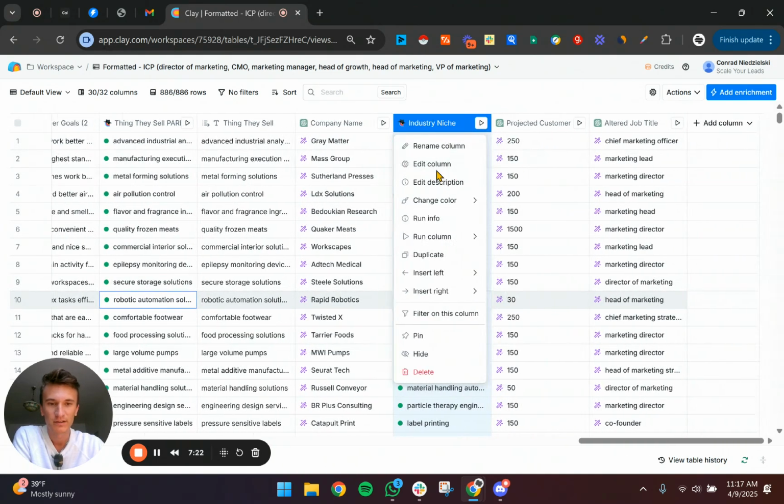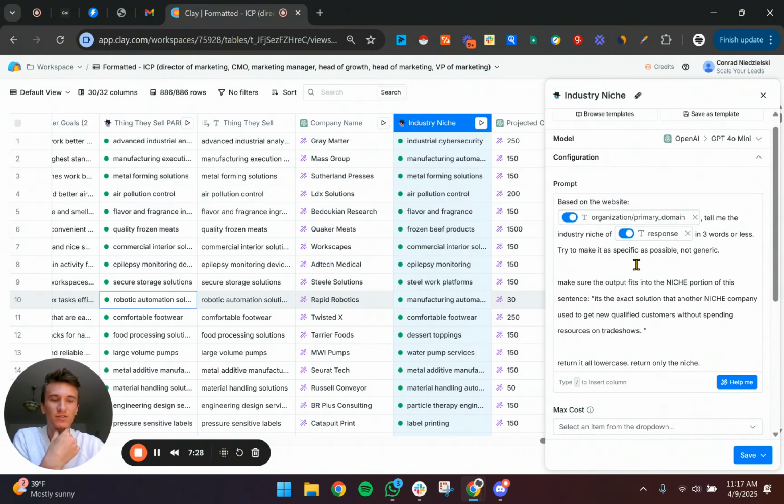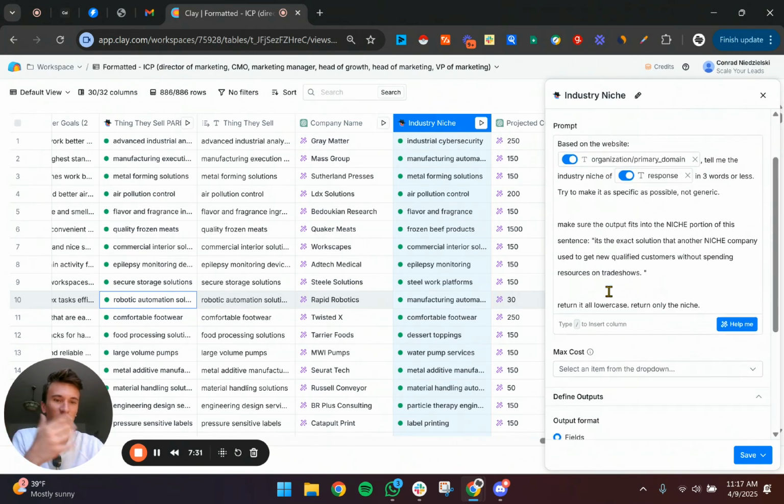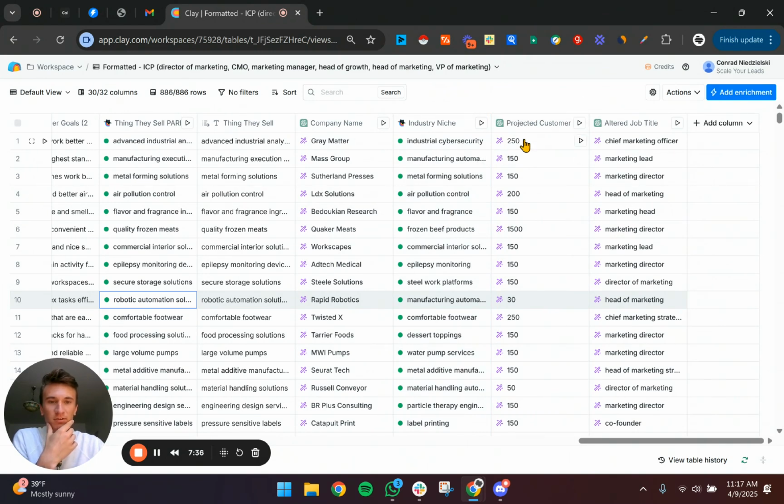To show you the prompt here, you can see based on the website, tell me the industry niche in 3 words or less. And then we give it an example sentence here, for example, right? Same thing with the customer projected gain. So we wanted to see how many customers we think would be a lot for them to take on. So if they're a small service, like 30 would be a lot for them to take on, right? But if they're a PLG product that's just automated, maybe they can do a lot more, or like an actual product, right? They can probably do a higher volume. And that allows us to also segment the list for later, or make assumptions from that,